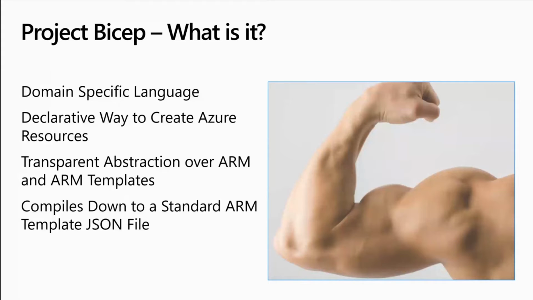It also gives you the ability to compile your Bicep files. What that does is it compiles like regular code compiles, so if you have a syntax error, it's going to fail the build. But when it does compile, it compiles down to a standard ARM template. So it actually creates an ARM template for you, which gives you the ability to deploy just like you would deploy any other ARM template, either locally using PowerShell or the Azure CLI, or through pipelines.